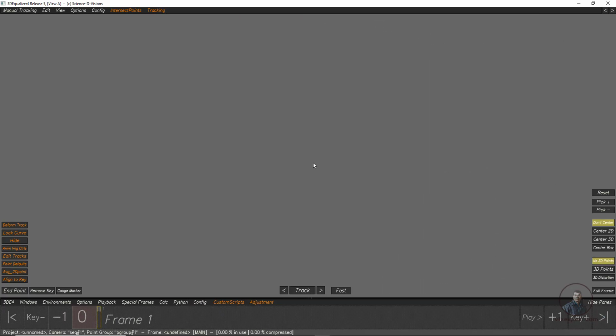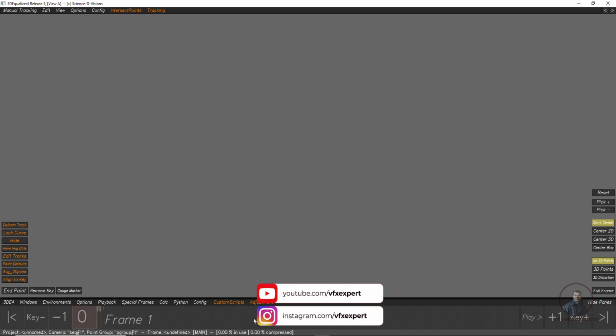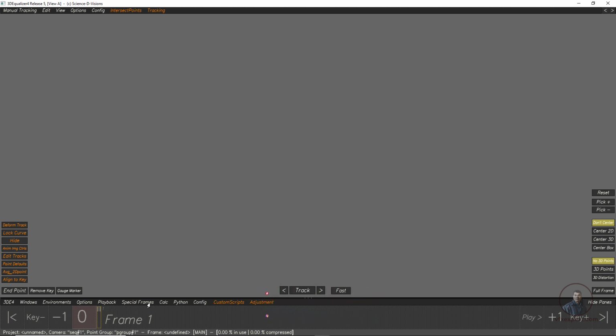So guys, here I have started my 3D Equalizer. When you open 3D Equalizer for the first time, you will get this default interface, or environment. By default there are two windows. The first is the display window, and downside is the timeline window. And downside you will also get the main menu inside 3D Equalizer. 3D Equalizer is a little bit different from other software like PFTrack and Boujou, and this is a very powerful software